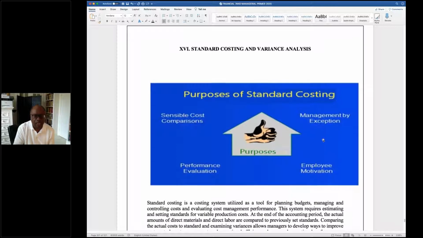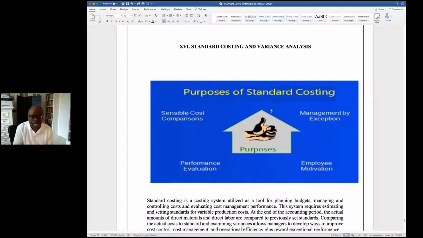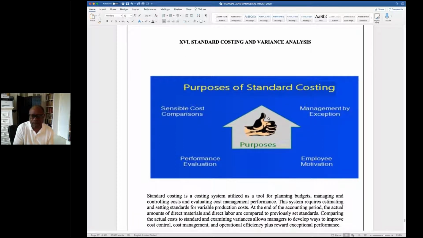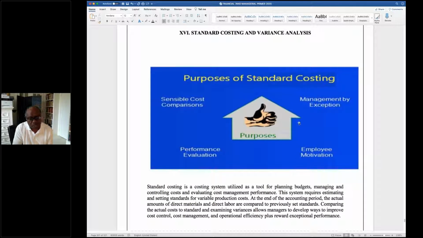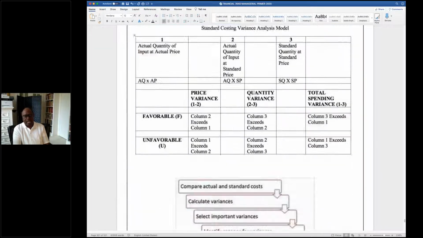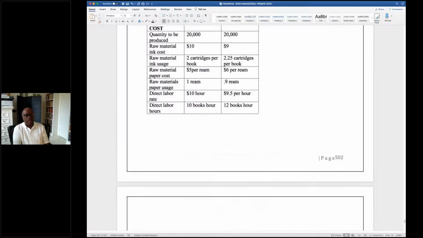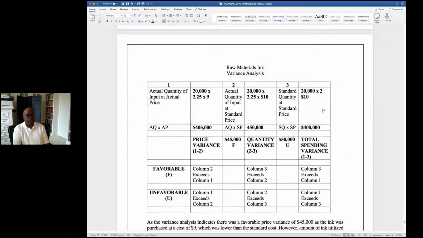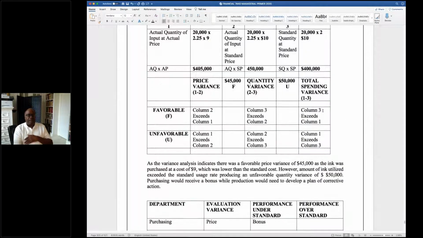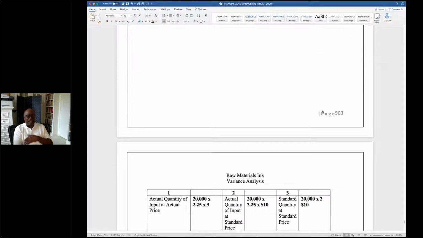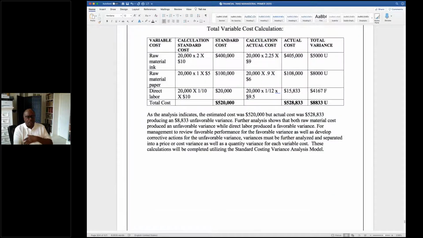So each area, the marketing department, has their budgets for sales at a certain quantity sold and at a certain price. Manufacturing overhead has this, and even administrative expenses, everything. So this is not meant to be hard, but it's something that we have to cover in the course,